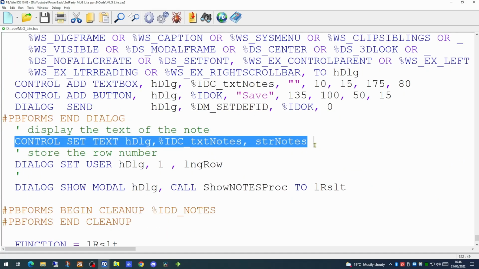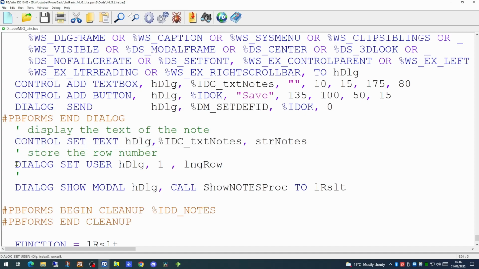We have populated the text box with the value of our notes variable, and we're using one of the features of the dialog to set a user number, which is number 1, for the value of the row. In PowerBASIC, dialogs can hold 8 separate values. These are all long numbers and are very useful for setting numeric values.